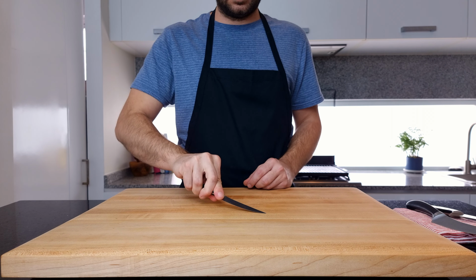To debone this thigh, turn it to the opposite side that the skin was on and get the 2 ends of the bone pointing north and south in relation to your chopping board. You don't have to get your compass out. Then push the meat east and west of the bone with your fingers to create tension and just run your knife between the top and bottom of the bone. And once you start to hit the bone, work your way around either side until you have most of it